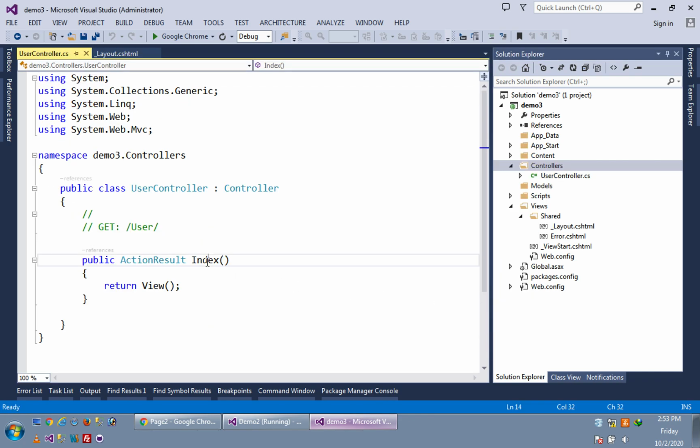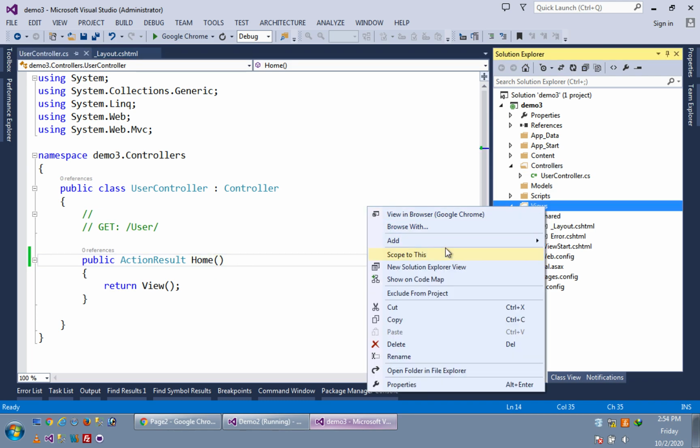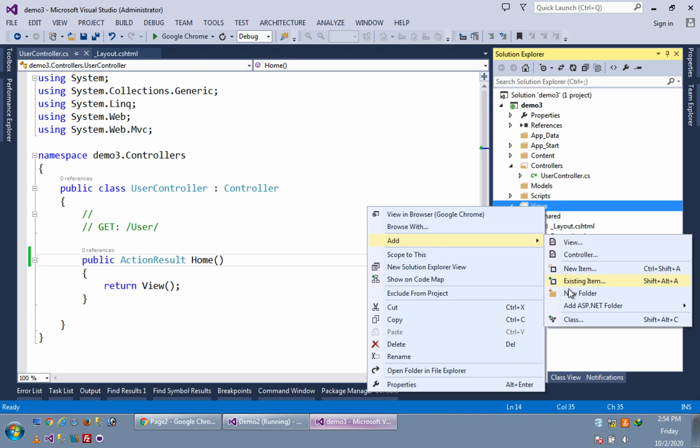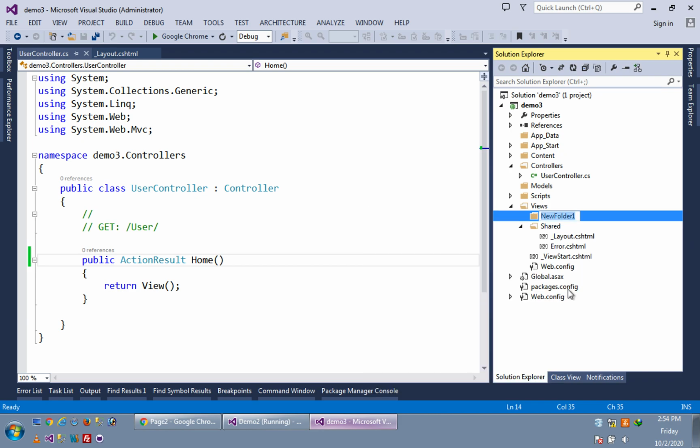Add, and here instead of index I want home view. We know that we have to create here one folder, that is user folder, and one view, that is home view. Now I'm creating one view, and its name will be home. Till now we are clear.